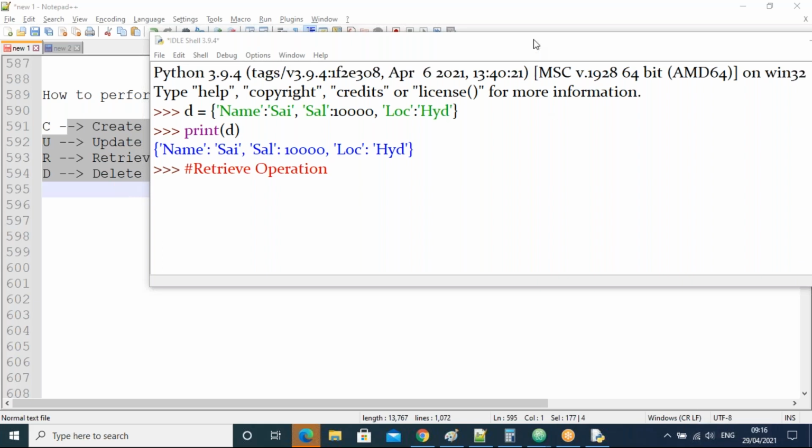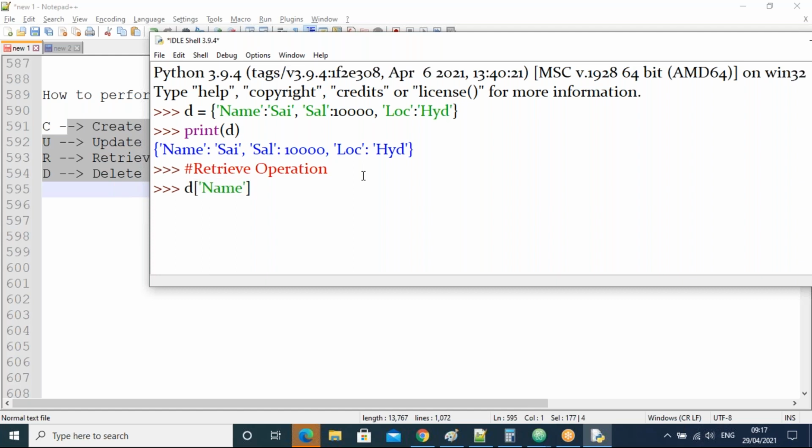Yes. Okay. Now I'm going to perform the retrieve operation, guys. We can perform the retrieve operation in two ways. What is the first way? D of the key name.